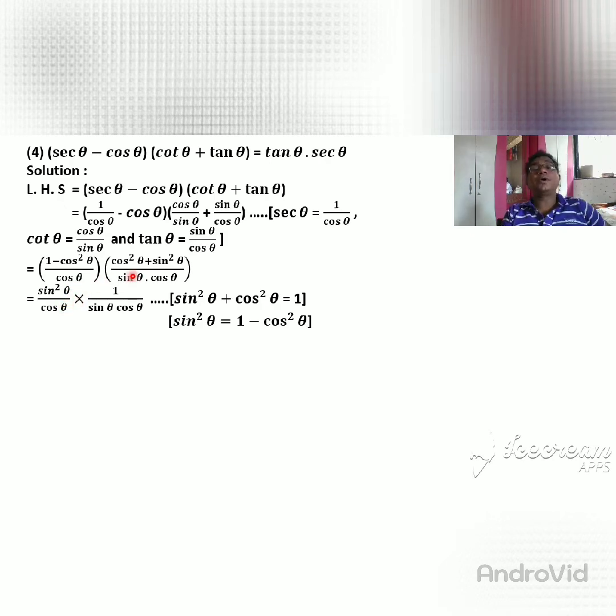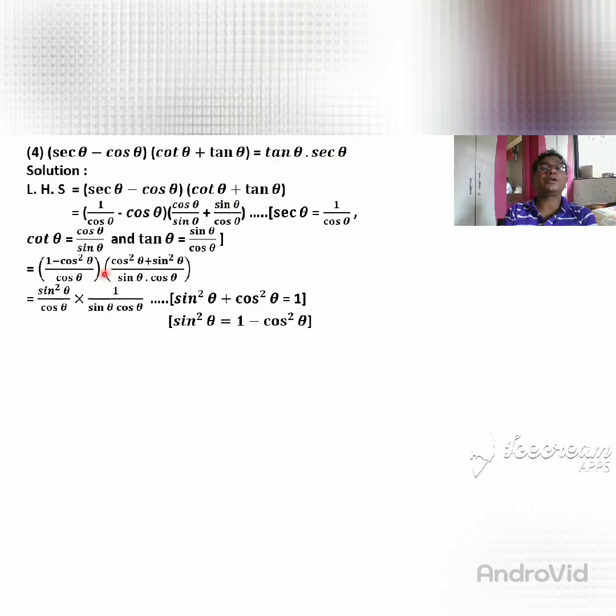Then cos square theta plus sin square theta, this is the identity. Sin square theta plus cos square theta, the meaning is the same, remember. So sin square theta plus cos square theta is equal to 1. So I put here value 1, because cos square theta plus sin square theta gives value 1. Then sin theta into cos theta. The identity is not applied there, so that denominator remains as it is.